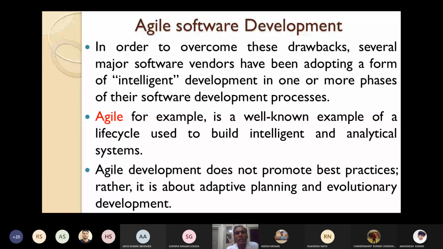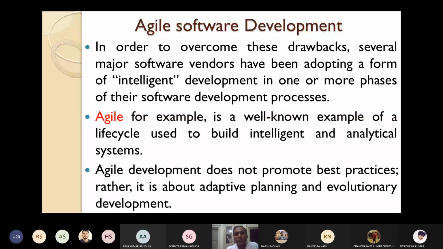You know that the software development process consists of many phases.